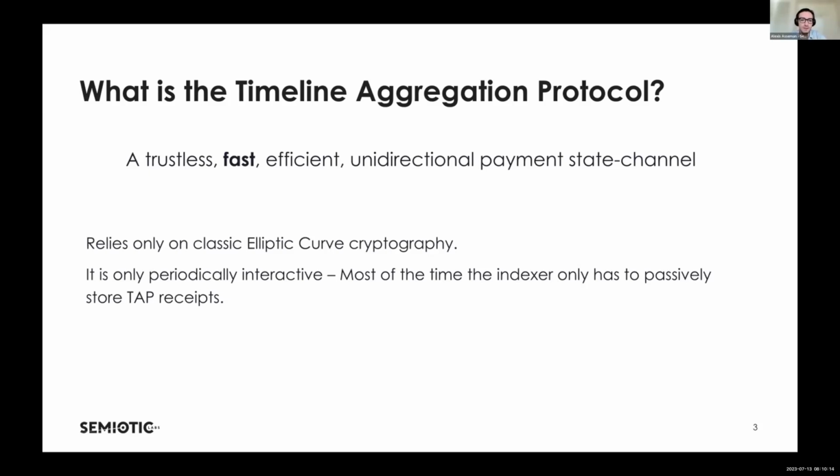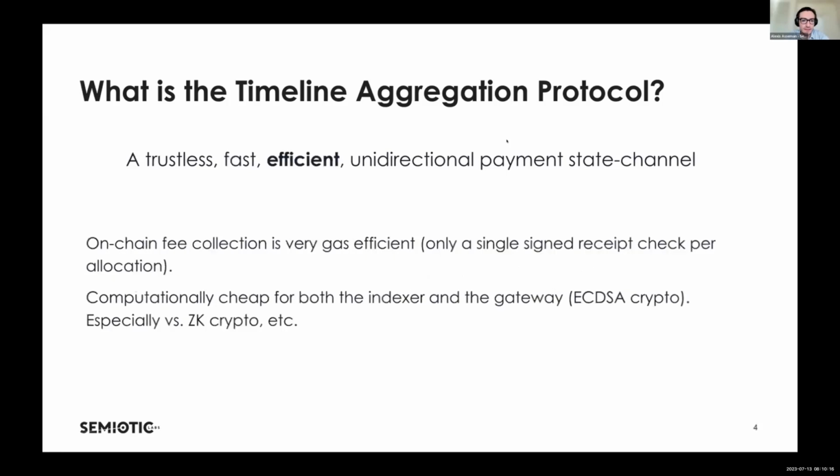Right. Next slide. Was it efficient? With this system, the on-chain fee collection is very gas efficient. You just need to check a single signed aggregate receipt, right? So it's a single signature check, and then you check the numbers, and you're good to go. It's very straightforward, very cheap, and that's why we can afford to say